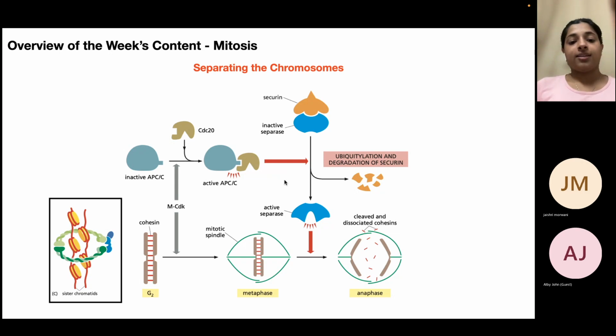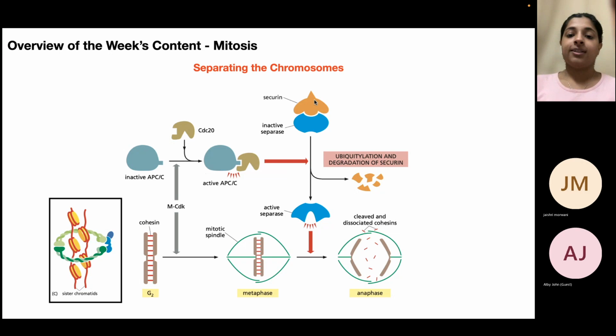There is a proteasomal degradation protein known as the APC that is generally inactive in the cell. But in the presence of CDC20 it becomes activated, and this generally happens in the mitotic phase only. Upon activation, the APC is able to ubiquitinate and degrade another protein,